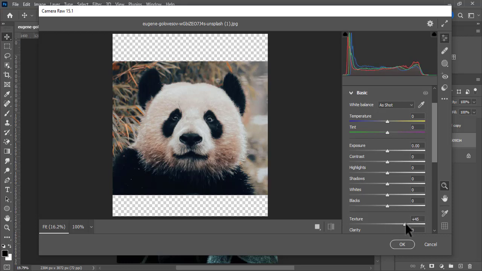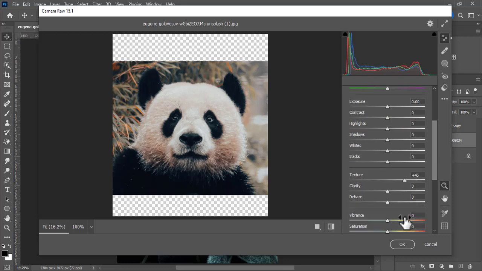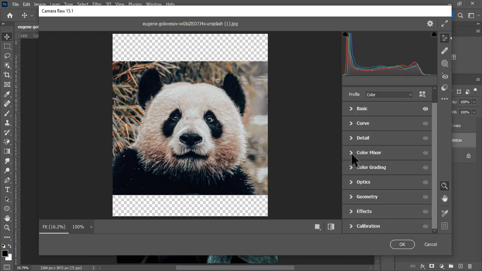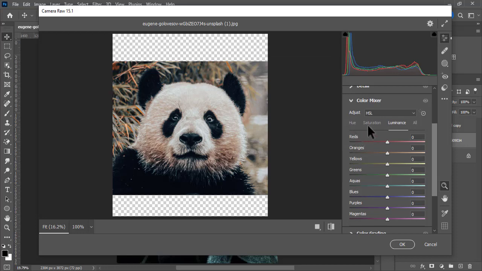Move the texture slider to the right to give the image a little bit of texture effect. Then move the clarity slider to the right as well. Click on color mixer to expand it. Then click on saturation. Move the orange slider to the left to desaturate and move the yellow and red sliders